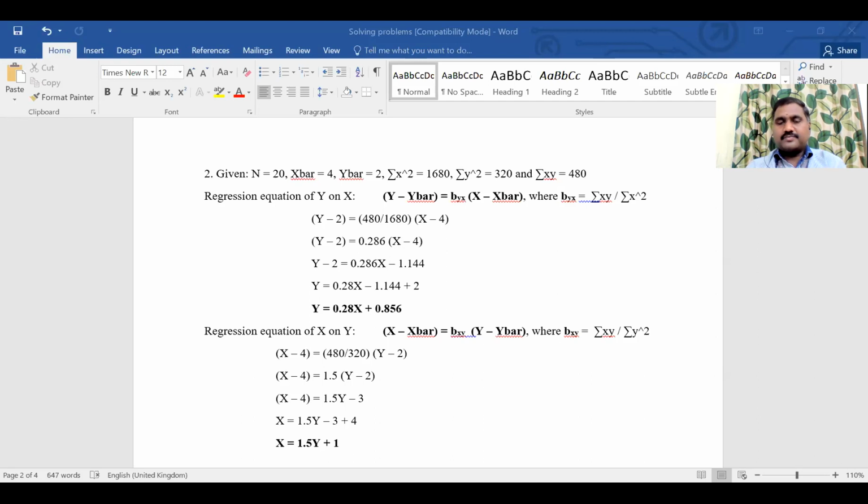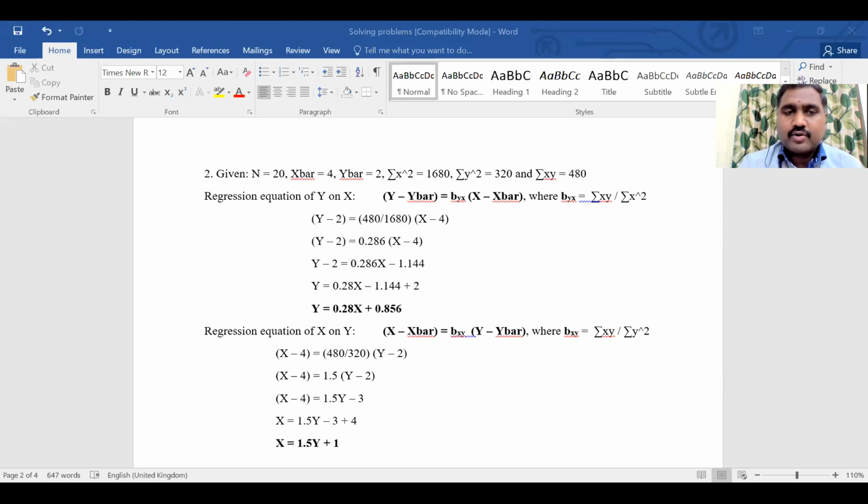Assumed we are going to discuss now. If they are mentioning a particular method, then follow that. Suppose they are asking to find the regression equation x on y, y on x, that's all. They didn't mention whether it's through simultaneous equation or through regression equation. In that case, you follow the first method itself. Okay, is it clear? Any doubts on the regression equation through regression coefficient actual mean? If you have any doubts, please let me know. Otherwise, we'll move on to the next method.